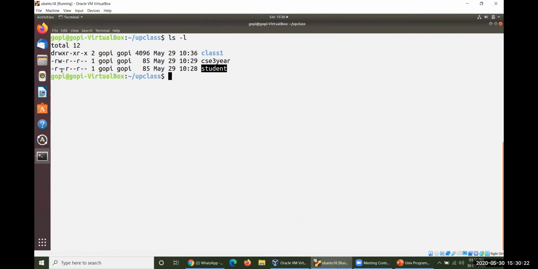I'd like to give execute permission, where read permission is already available for user, group, and others. In addition to that, I would like to give execute for user. How can it be done? So look at this. chmod, change mode. I'm giving the permission for user and assigning the permission plus, and which permission am I assigning? That is e for a file. What is that file? student. So you have to take that particular thing.